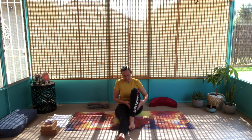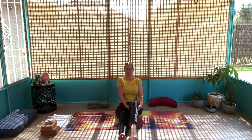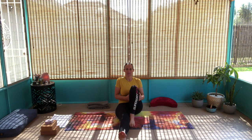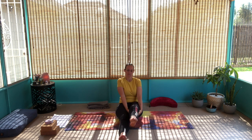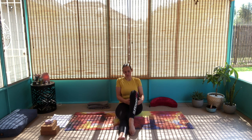Let's go into the other side. So interlace fingers behind the thigh, grow nice and tall. Inhale, extend the foot forward 10 centimeters off the floor. Exhale, draw the foot back. Inhale, forward, really point through the toes. Exhale, back. Inhale, forward. Exhale, back. Inhale. Last one, inhaling forward and exhale, draw back and then gently raise up the foot and begin to draw your